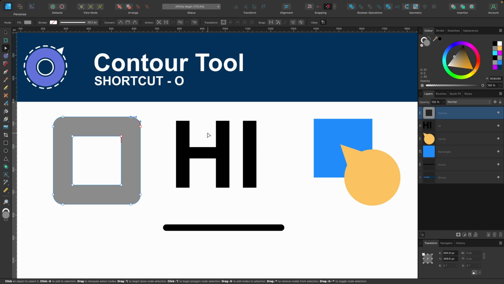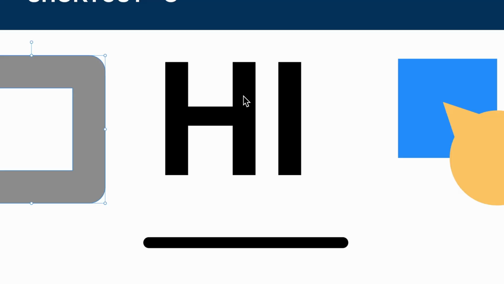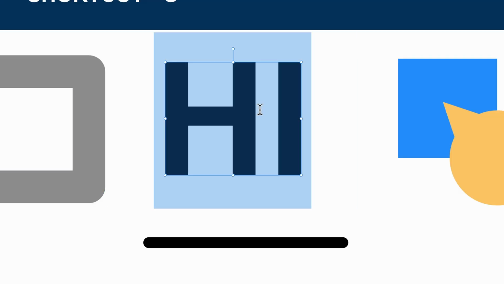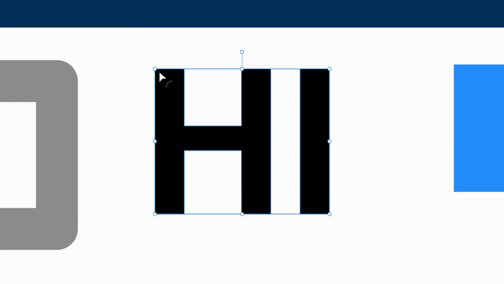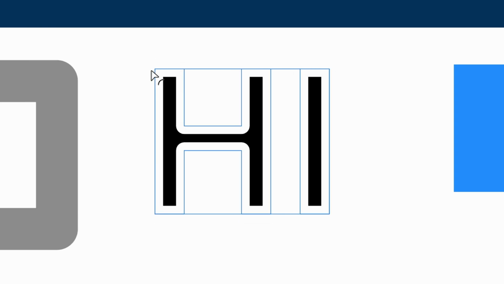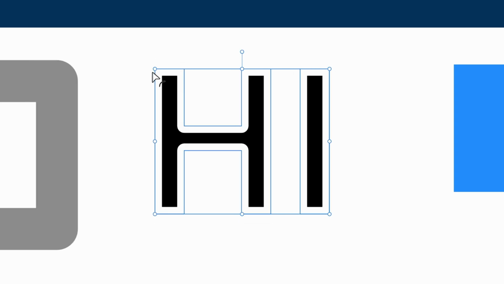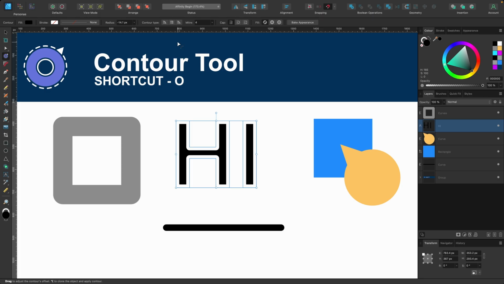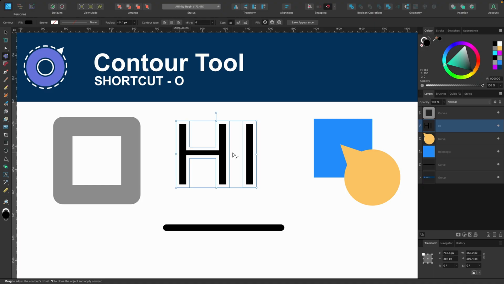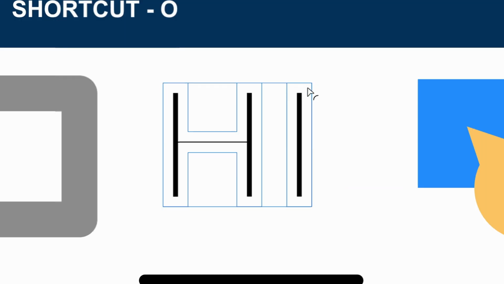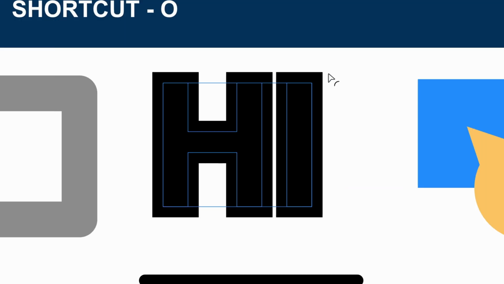You can also use the contour tool on text, and this comes in really handy. So I'm going to go ahead and select the text here. It's still typable, by the way. So there we go. I'm going to go ahead and click on the contour tool again, and then I'm going to just drag it inwards like that, just to make it skinnier. So this works, doesn't it? But it's a little bit rounded in the corners there. So you just go up to contour type and select the one you want. So I'll just select miter join, and look, it's just a skinnier version of those letters. And you can drag it out as well, of course.